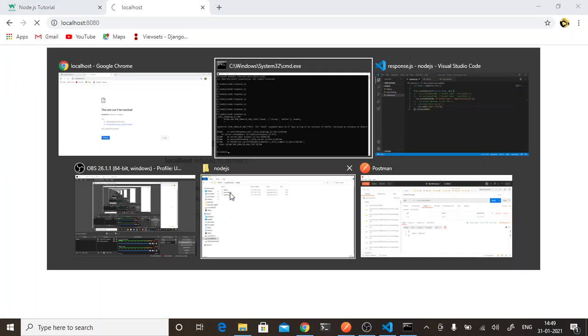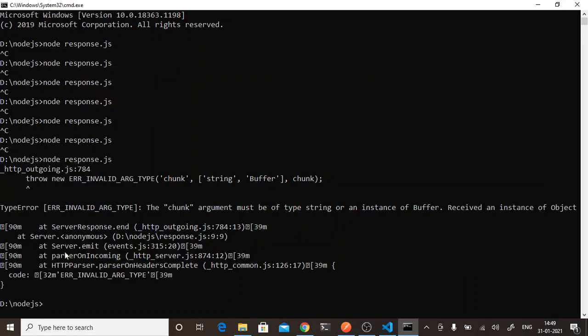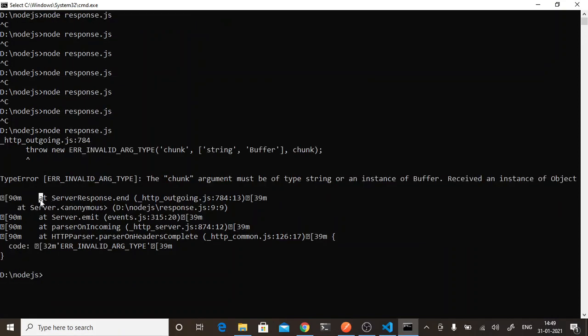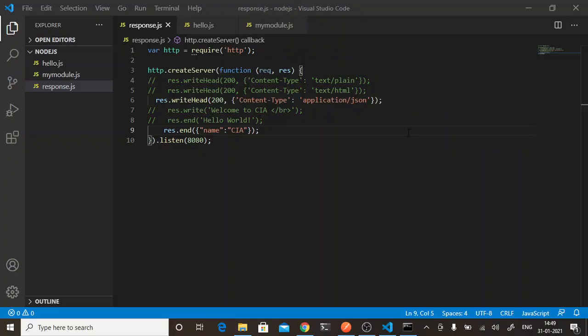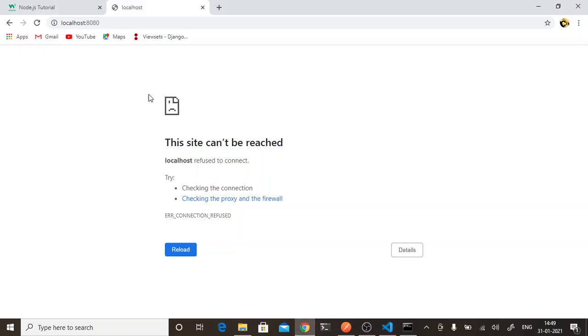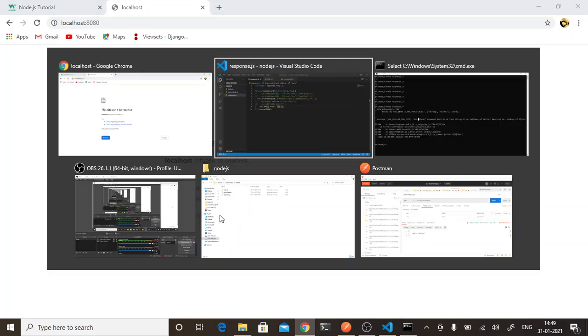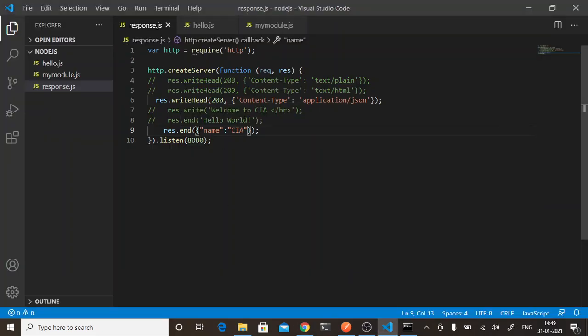So we got an error. Let's check what the error is. It is saying at server response end, HTTP outgoing. Though we are passing application JSON, our browser cannot read that. It can read only a string or HTML. So we'll have to convert this object into a normal string.